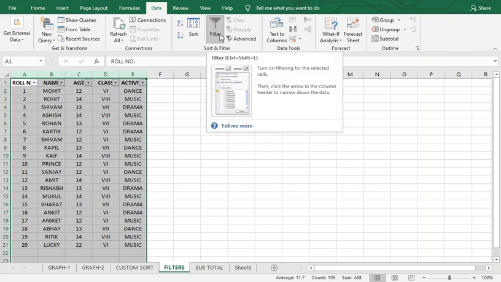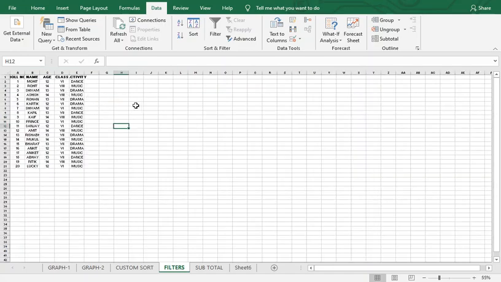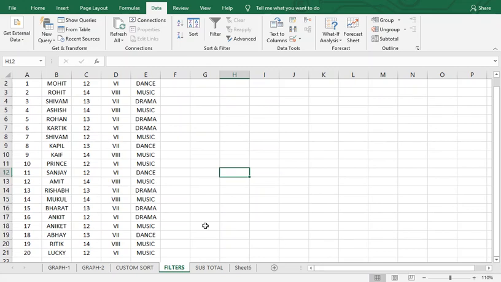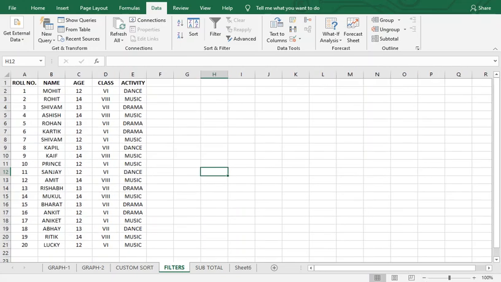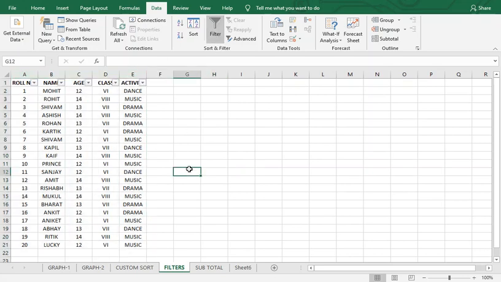Once again click on Filter, and once you click on Filter again, the filters are cleared. If you want to apply the filters again, just select the columns on which you want to apply them and apply the filter here. So this is how you can apply filters and use them to analyze your data.